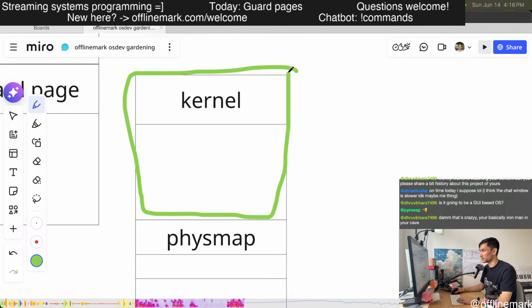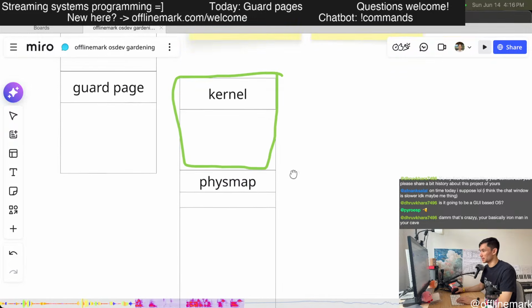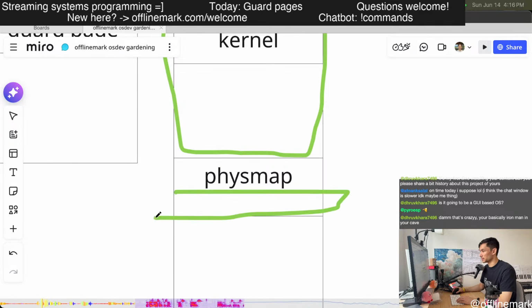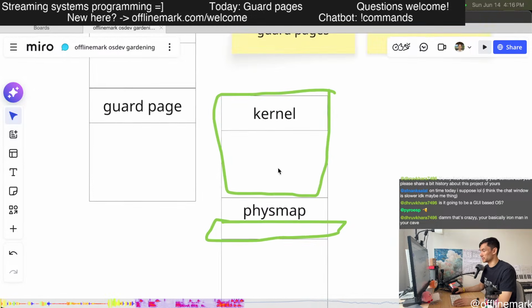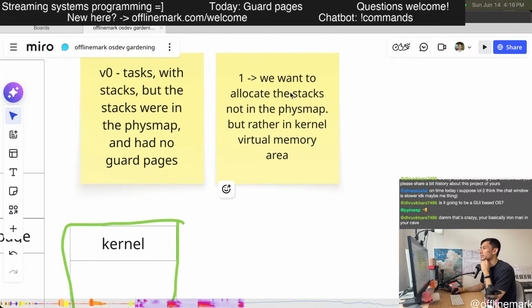Anything outside the phys map counts. These are all eligible spaces to allocate the stacks.